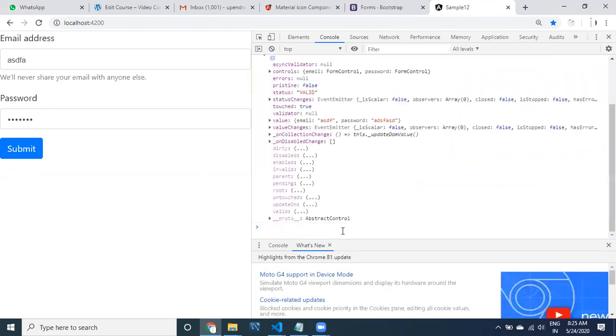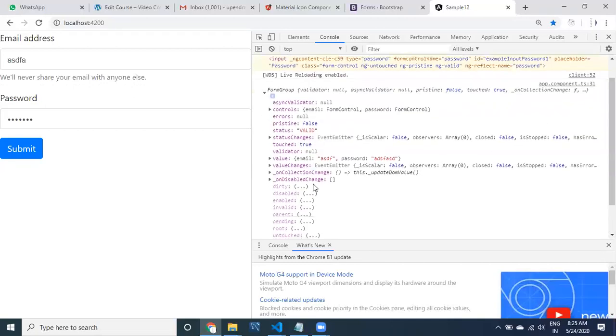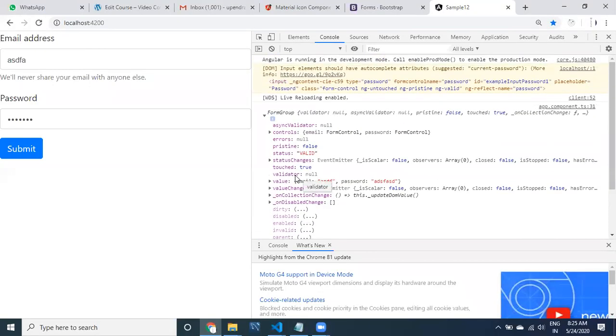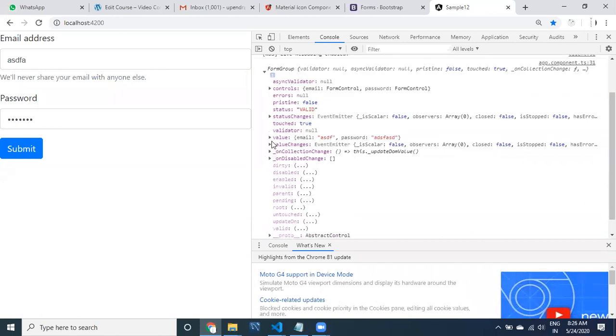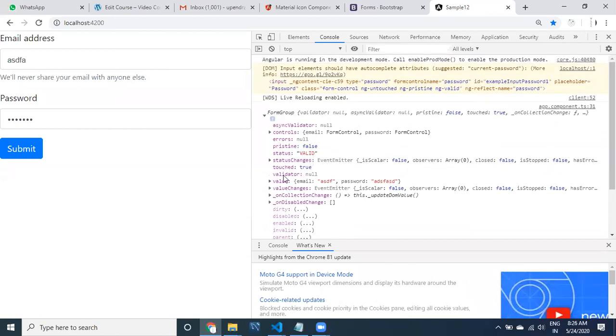One second, where is that? Validator, form group, async, value, validator, touched, pristine, status. Status is important. What does it mean? Status means whether the form is valid or not: if any validation errors are available, it is going to become invalid.